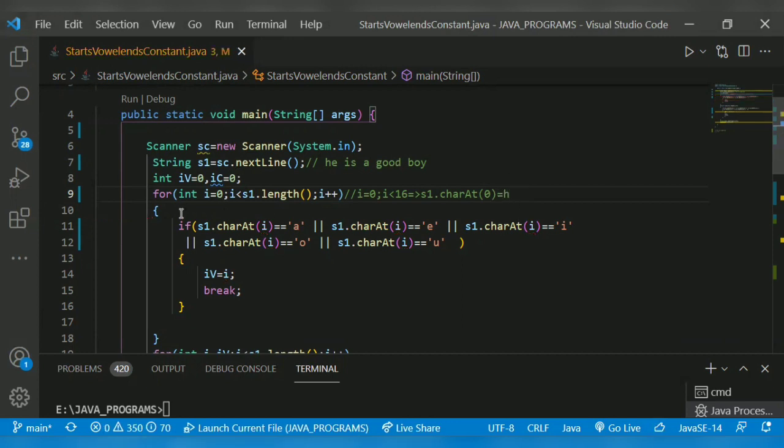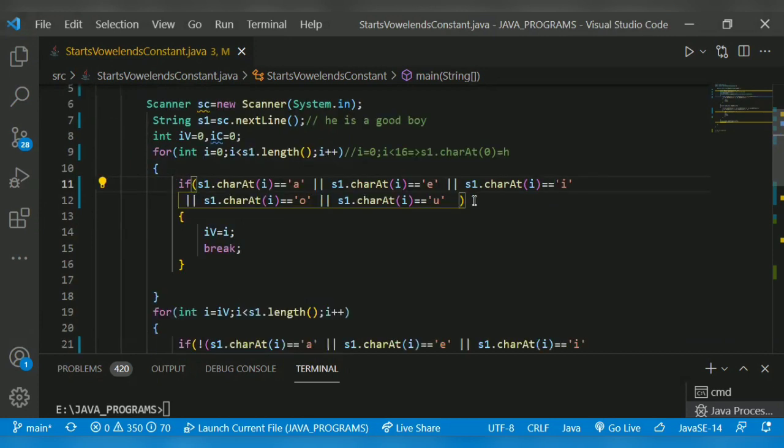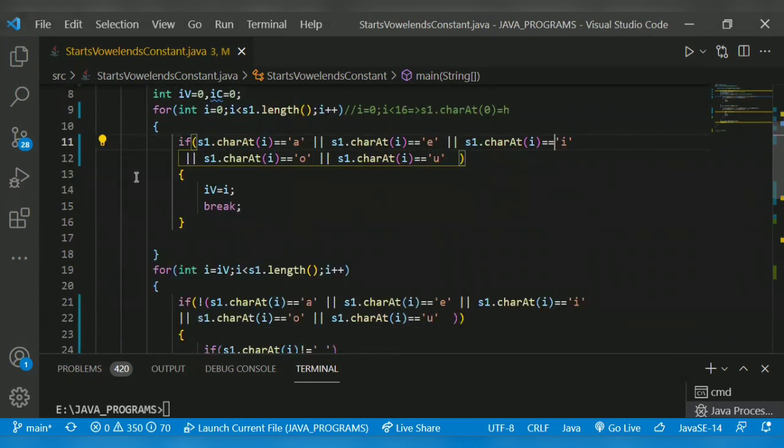Here H, it checks if s1.charAt(i) equals a, no, e, no, i, no, o, no, u, no. So it will not satisfy this if condition, and the for loop gets incremented to 1.